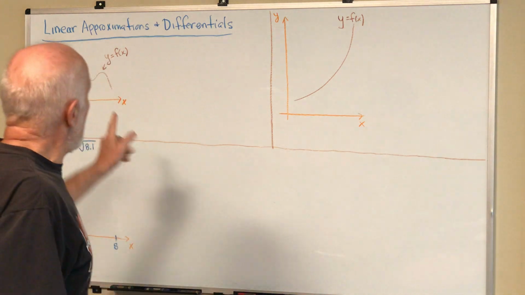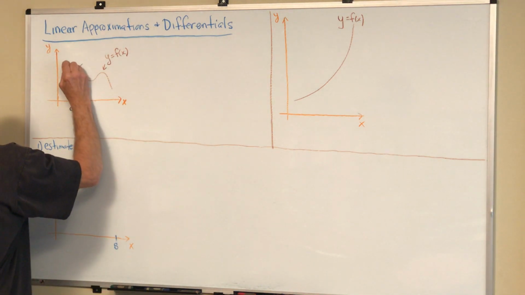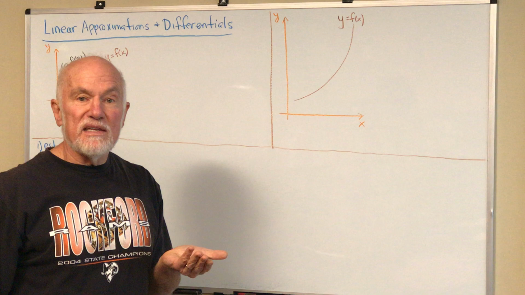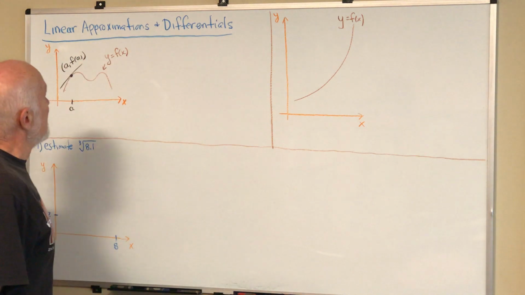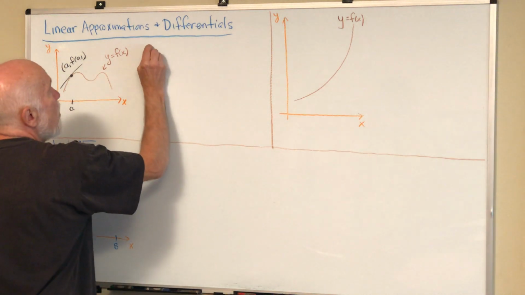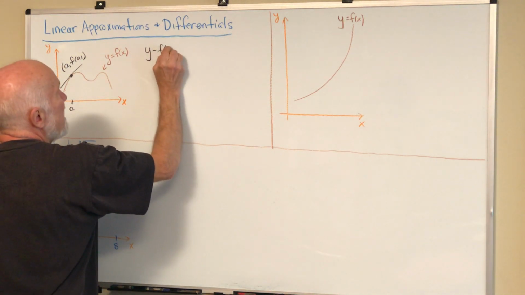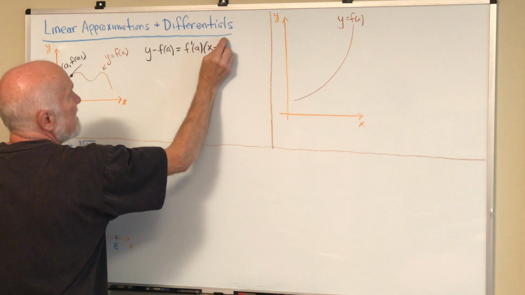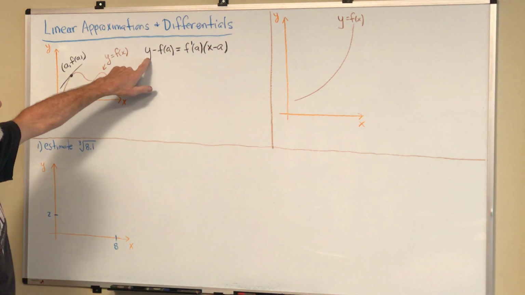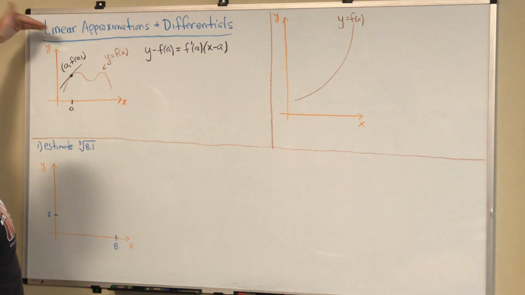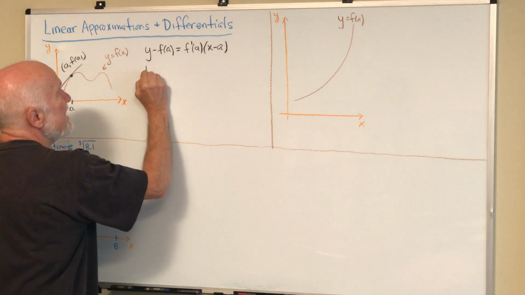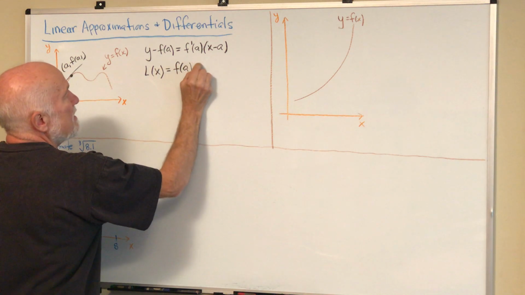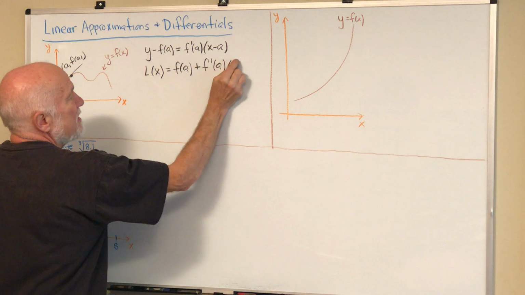Now, if we need an equation of that straight line, we need a point A, comma, f of A, and a slope. Well, now we know that the slope at that point is going to be f prime of A. So we could write the equation y minus f of A equals the slope f prime of A times x minus A. And just solving for y, and let's call it the new function of x. So we could call y L of x. And if I just bring the f of A to the other side, this is the formula